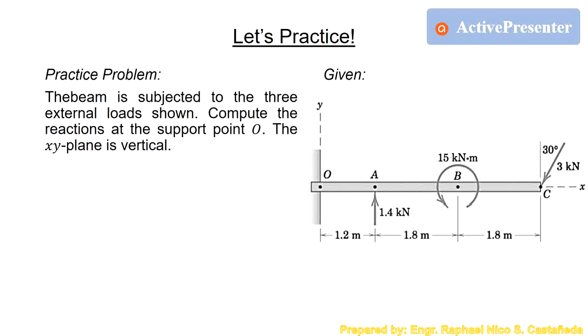So for our next problem, the beam is subjected to the 3 external loads shown. Compute the reactions at the support point O, and the xy plane is vertical. So as you can see, at point O, there is a fixed or built-in cantilever support. So the answer to this problem is